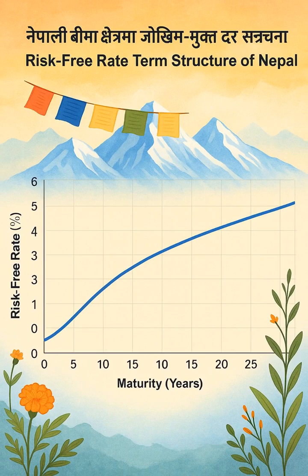Exactly. And the original methodology, the 2023 one, it used a three-step process, right? Can you walk us through those? Sure. So step one was to use the liquid part, the actively traded part of the Indian risk-free interest rate curves. They got this data from a recognized international source, initially planning to use EIOPA, the European Insurance Authority. Okay, start with India. Then step two was to adjust that Indian base rate, tweak it to better reflect the specific economic conditions in Nepal. Right, we make it relevant. And the third step was extrapolation, basically estimating rates for longer time horizons beyond where that liquid Indian data stopped.